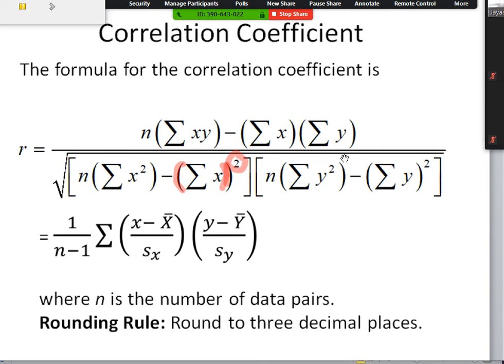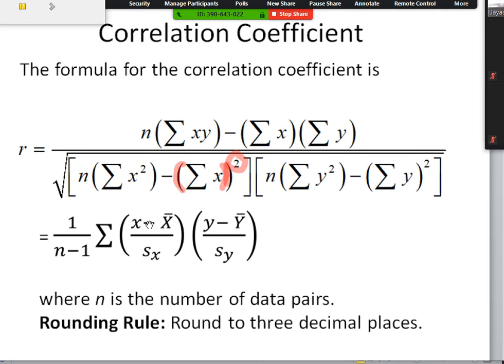Because remember, exponents take precedence, so we would do this first in this case, before you add, because this comes before the addition. All right, so this is the formula that people use. This is the formula that I used when I was going through college. And the really cool thing that I didn't realize at first is that this is really the same thing as this. You can also do it this way instead, where you do 1 over n minus 1, because it's a sample, so you're dividing by n minus 1, times the sum of